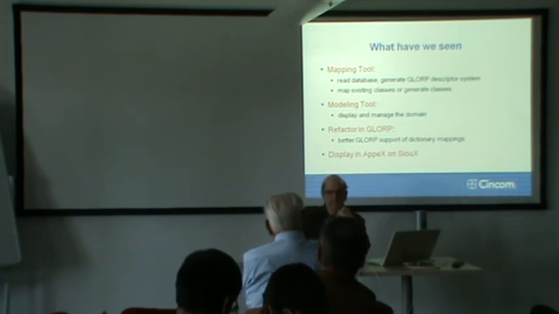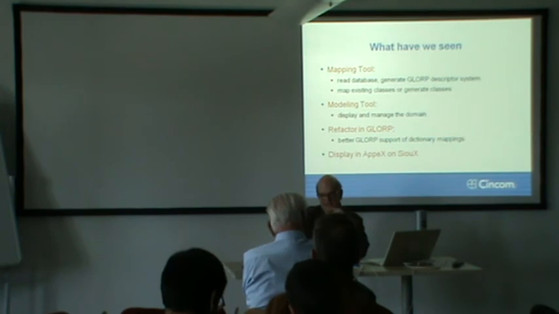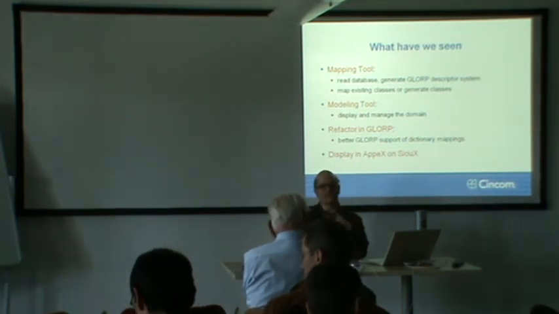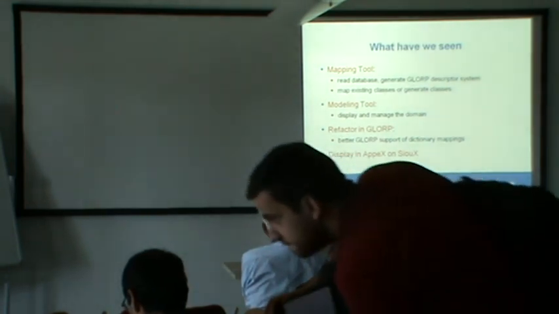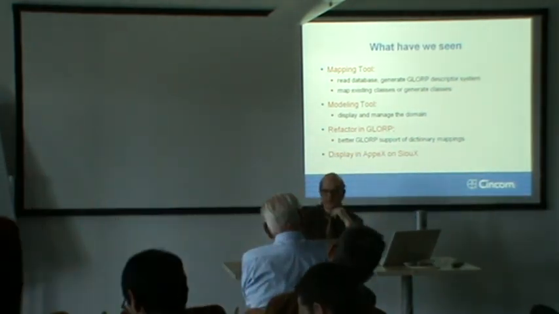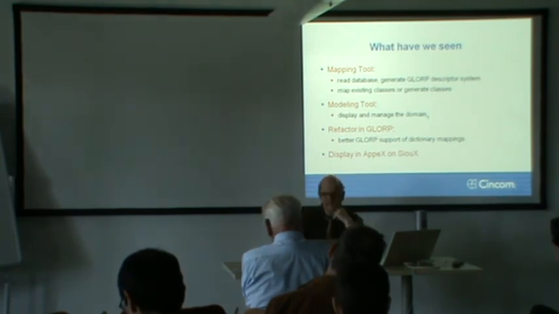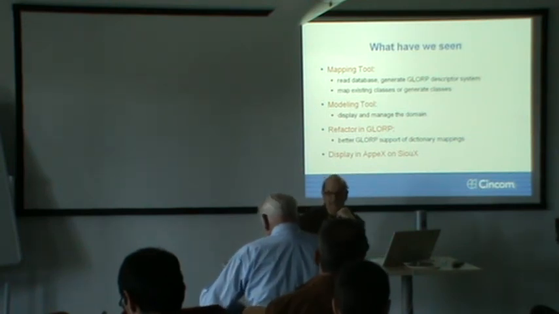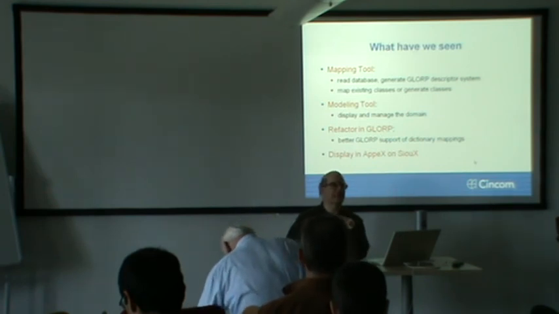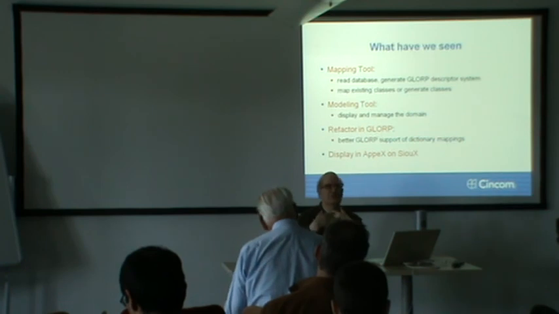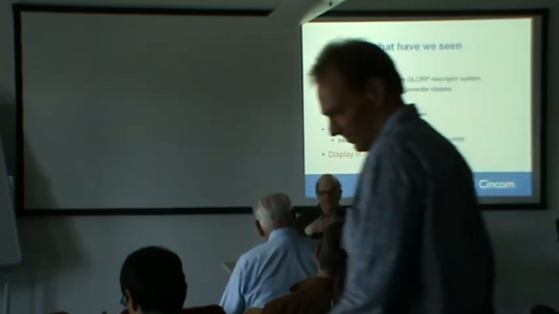You missed me showing that I could then refactor and have a dictionary mapping, which, as I said, you can't do all this yet. You don't yet have a Glorp that does it, but soon, none of the release reports in any of the places yet do that, but the upcoming will do that. And then finally, I went to Apex and I showed graphics data to actually display the new website, the new webpage that my scenario had involved,